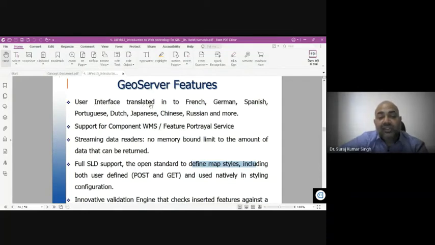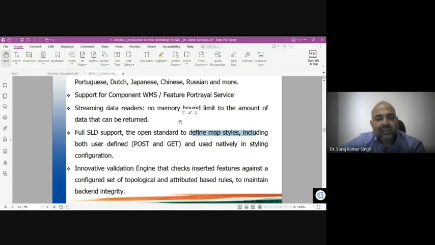The user interface is translated into various languages like French, German, Spanish, Portuguese, Dutch, Japanese, Chinese, Russian, and many more. It supports the components of WMS and feature portrayal services. Streaming data readers are there. No memory bound limits the amount of data that can be read, so you have unlimited data space.